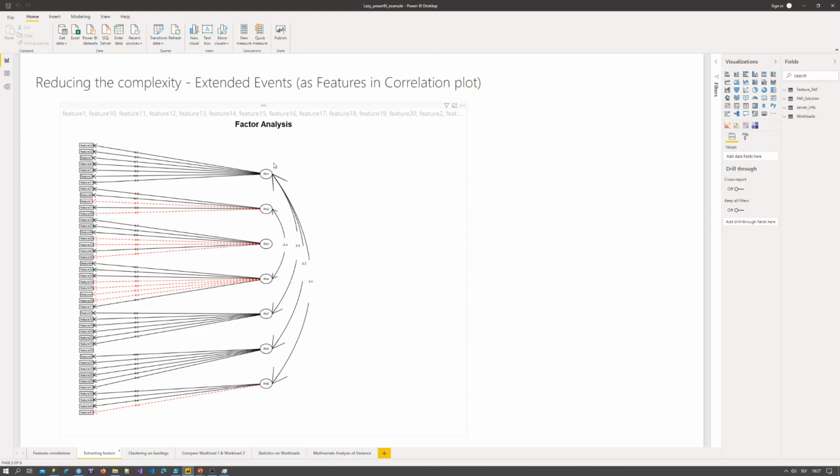Of course, since there are, as I said at the beginning, 1500 plus extended events, you have to have at least some idea what they are, but you can just grab them and later on play with something like that.